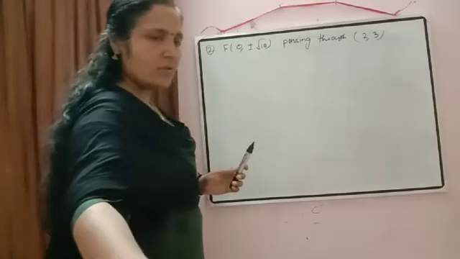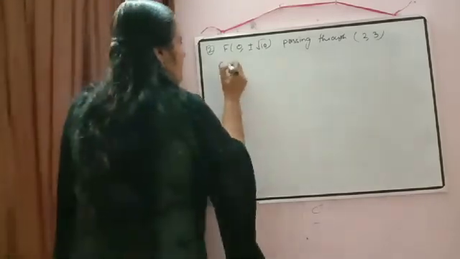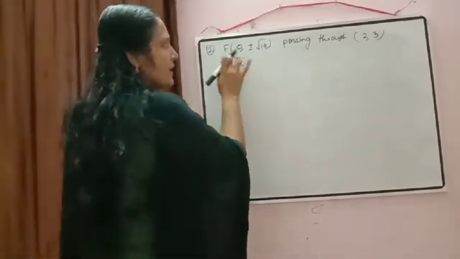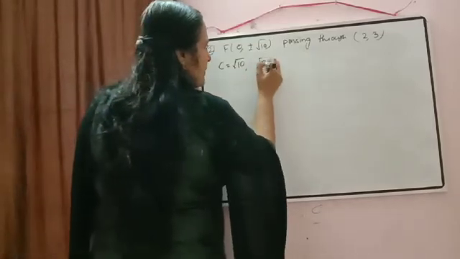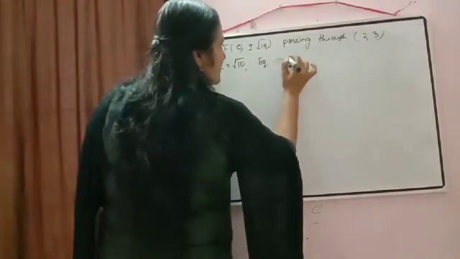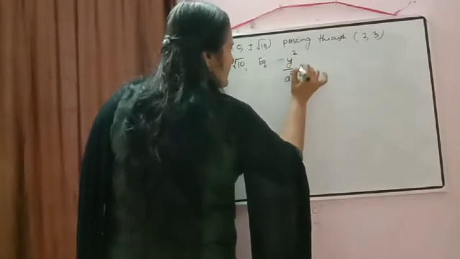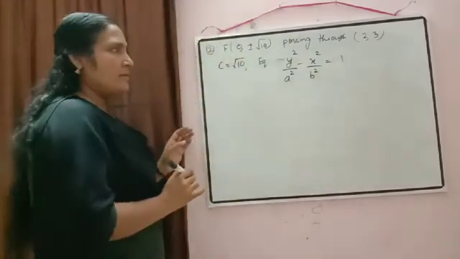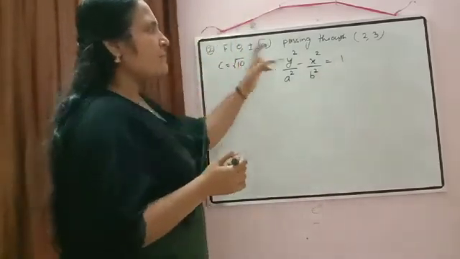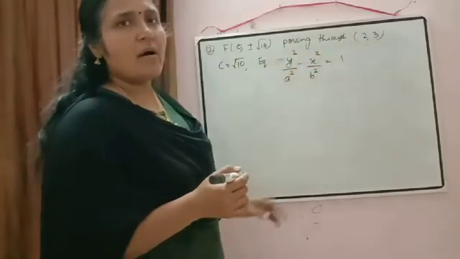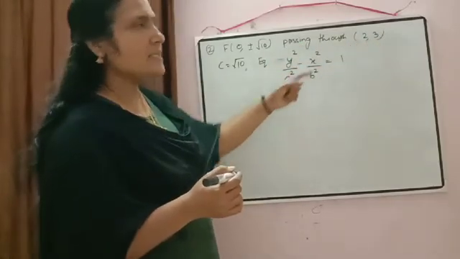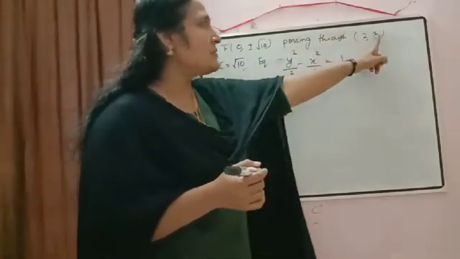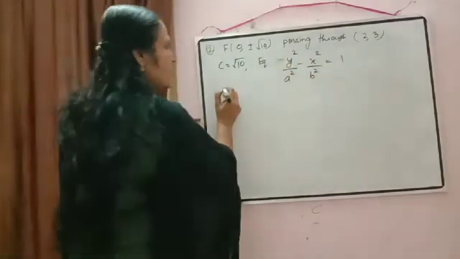Okay. Now write down what is given. c is equal to root 10. And we know our axis is along the y-axis. Then write down the equation: y only should come first. y square by a square minus x square by b square is equal to 1. Now just substitute here what is given. It passes through the point 2, 3, so the point will satisfy the equation. So in place of x substitute 2 and in place of y substitute 3. Then what will come here?